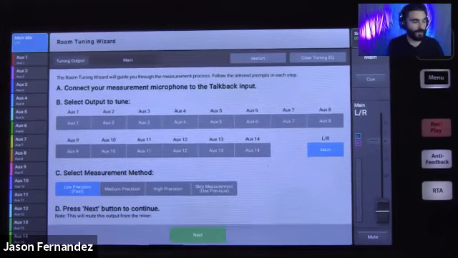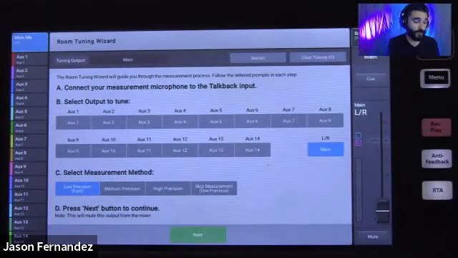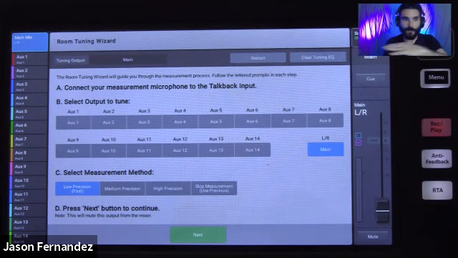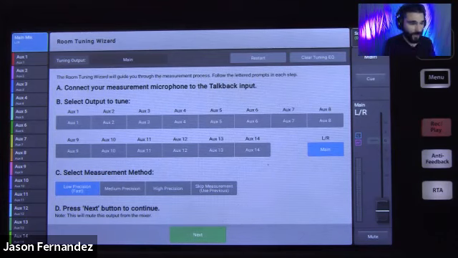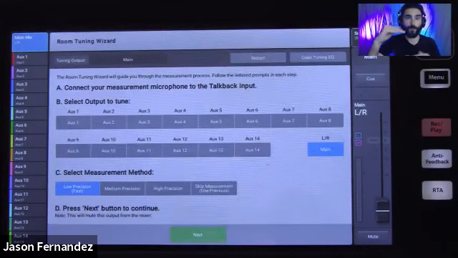So it essentially is going to tune the output of your PA, or whatever output you're working with, to the acoustic space. It'll flatten the frequency response of the output of the PA. And it gives you a really nice, clean starting point to mix from, by flattening the EQ curve of your PA to your acoustic space. It's just another one of those things that can elevate the entire PA and the entire sound by running this process early on and getting that nice tuning on the system itself.